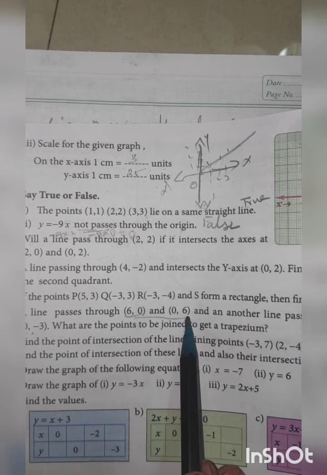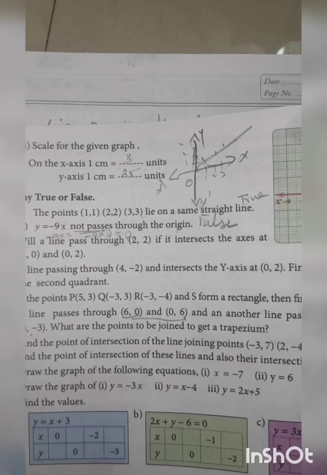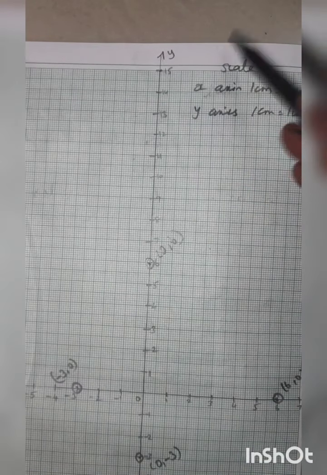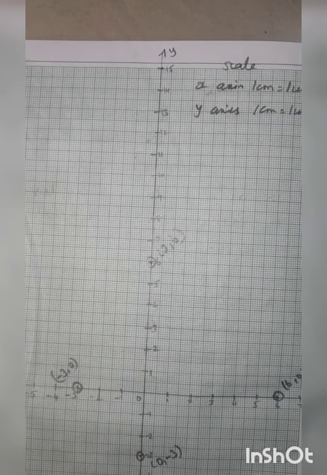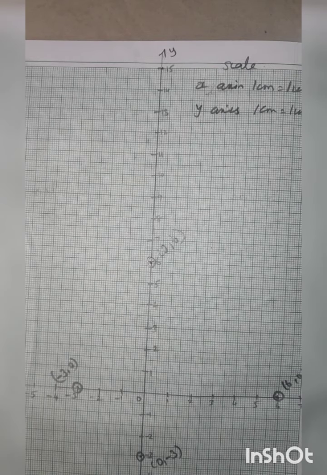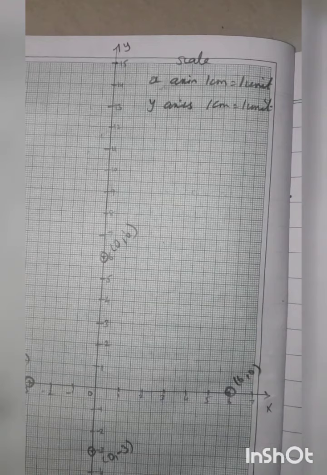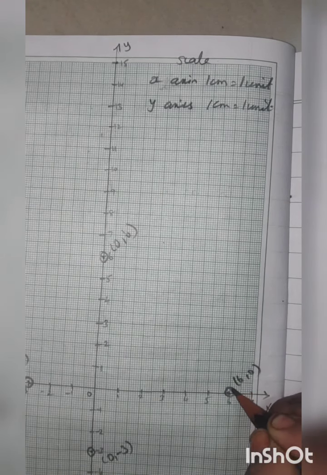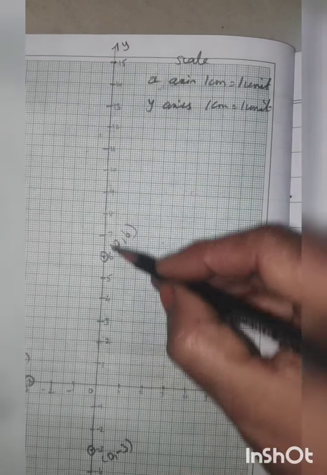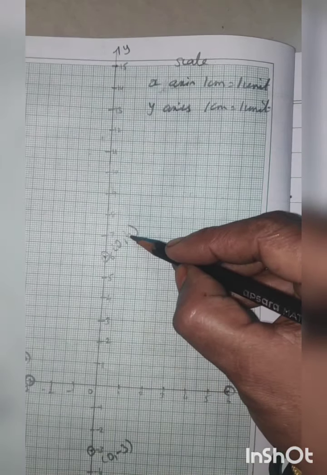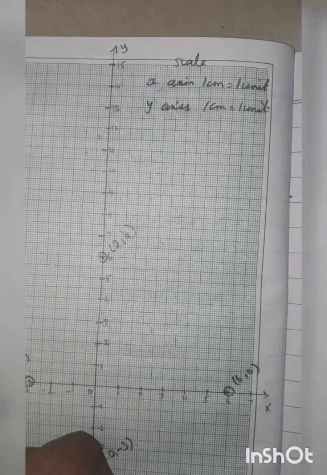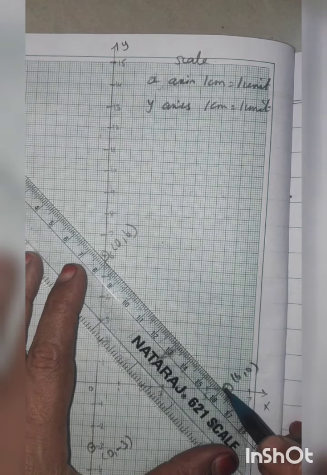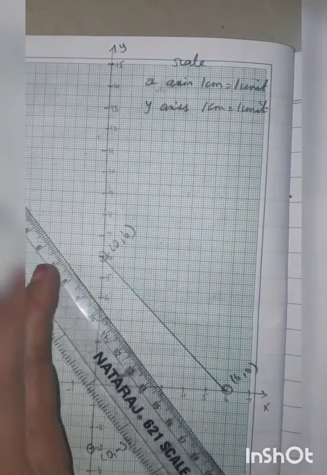First you mark the points and draw a line. So draw a graph as usual. Divide the graph, then write the scale, x dash, y dash, and mark everything. The first point is 6 comma 0. On the x axis you write 6, and on the y axis 0 comma 6. These 2 points you first join. First mark the 2 points, then join them. You want to draw the line correctly.